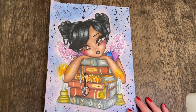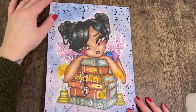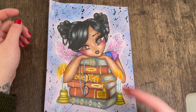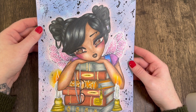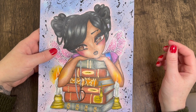It will probably be on Amazon. I think all the other books are on Amazon, aren't they? But I chose to purchase this PDF book, and then I can print it on my own paper because I like doing a bit more with the backgrounds, and you're not as restricted as you are with the Amazon printed paper. So this one was Distress Ink in the background, and then I did the effect with the water